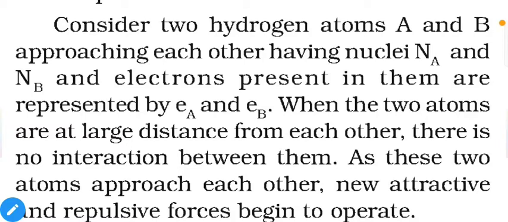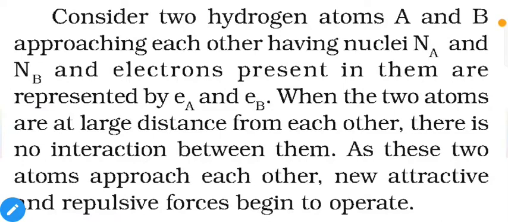As mentioned earlier, attractive or repulsive forces are inversely proportional to distance. If distance increases, then attractive and repulsive forces decrease, and if the distance is sufficiently high, then no attractive or repulsive forces will be felt on each other. So a similar situation is mentioned here. We have two different atoms, atom A and atom B. Both of them are hydrogen atoms, and both contain a nucleus and an electron. In the nucleus of hydrogen, we have only one proton, and one proton and one electron make a hydrogen atom.